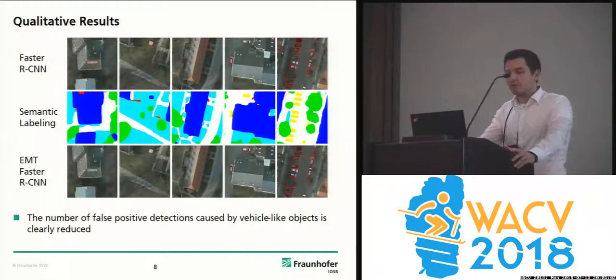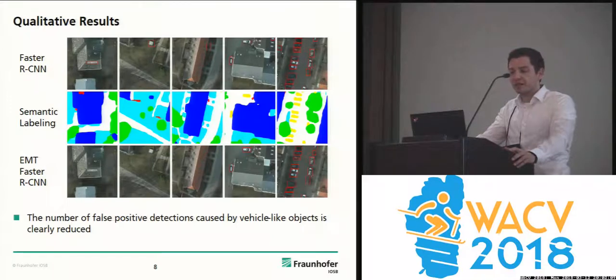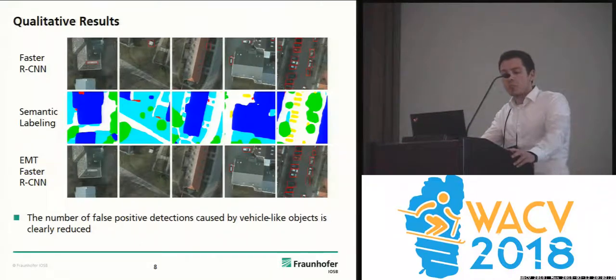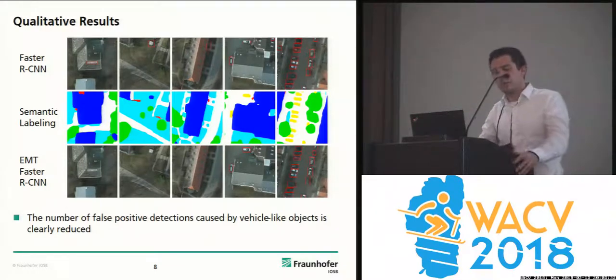Finally, I will show you some qualitative results. The top row shows results of the original faster RCNN, the middle row shows the semantic labeling mask generated by the EMT faster RCNN, and the bottom row the results of the EMT faster RCNN. What we can see here is that the number of false positive detections caused by vehicle-like objects is clearly reduced. For instance, if you take a look at the left image, the detection on the building